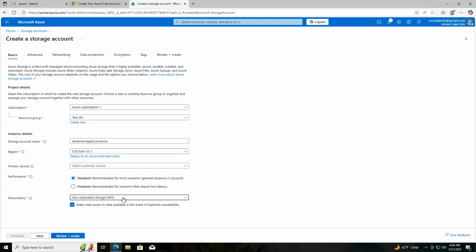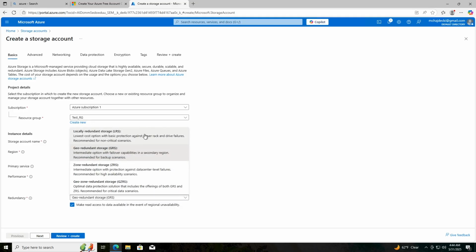Redundancy is basically where your data is stored. So locally redundant storage basically means that it stores copies of your data in one data center for protection. Geo redundant storage stores your data in two regions for extra protection. Zone redundant storage is across multiple data center zones in one region for higher availability. And geo-zone redundant storage stores data across zones in one region and also replicates it to another region for maximum